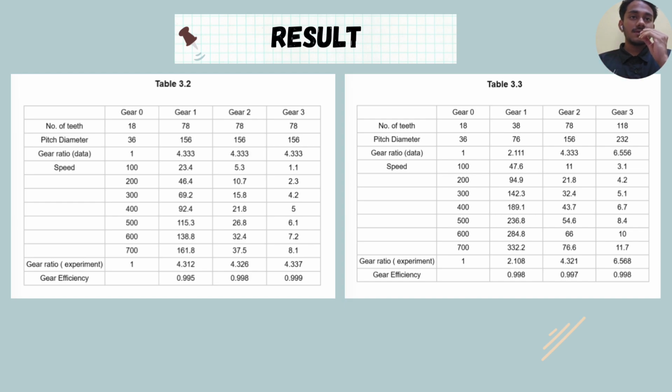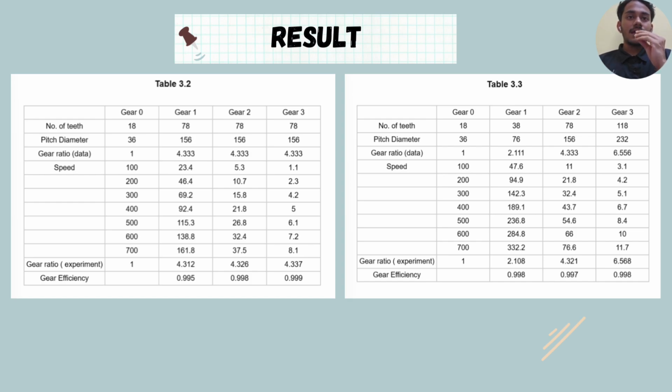Next, for table 3.3, it is the same, but the gear ratio is different since each gear has a different number of teeth. The first has 38, the second has 78, and the last has 118. The theoretical gear ratio for the first gear is 2.111, the second is 4.323, and the last is